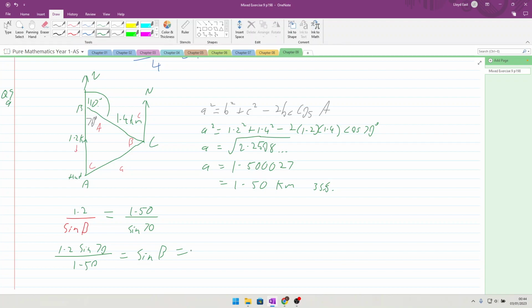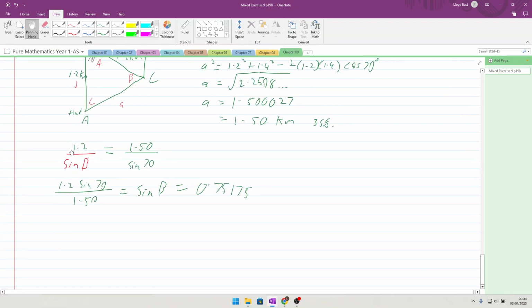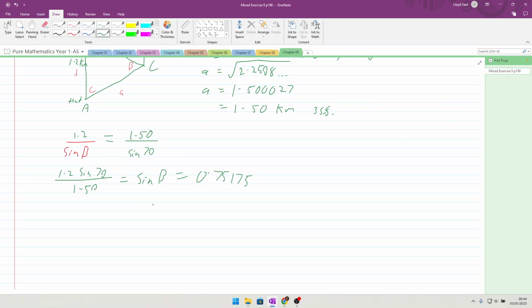1.2 times the sine of 70, divided by 1.5, 0.75175, and so angle B is equal to 48.7425, meaning the bearing of A from C is equal to